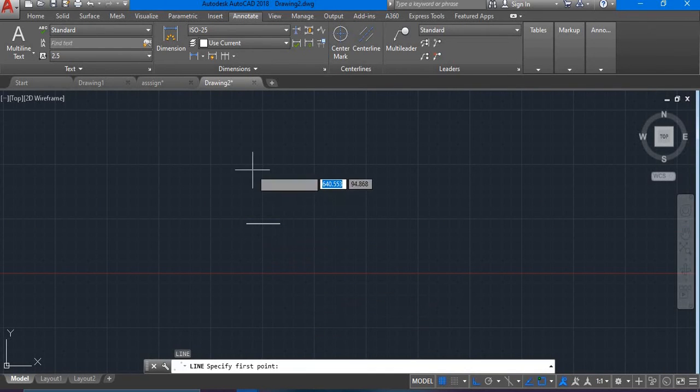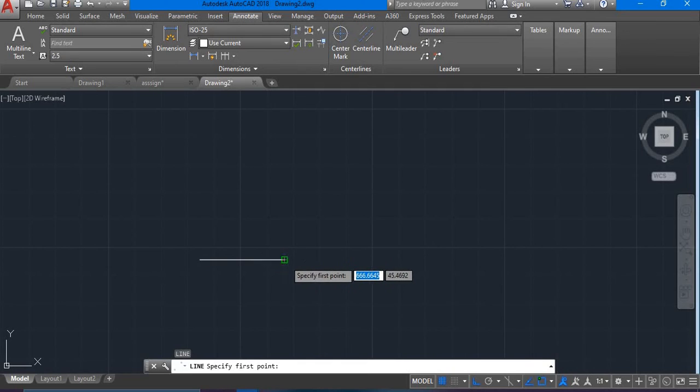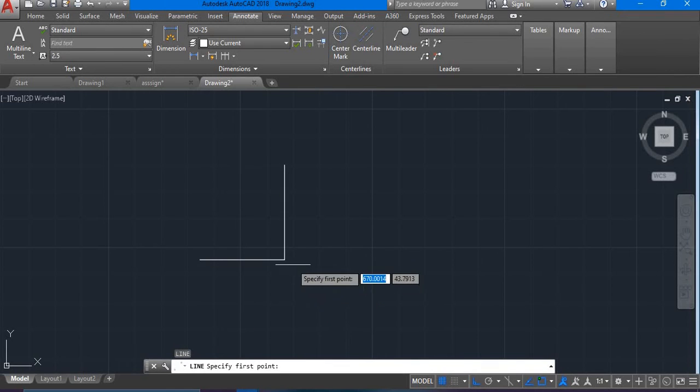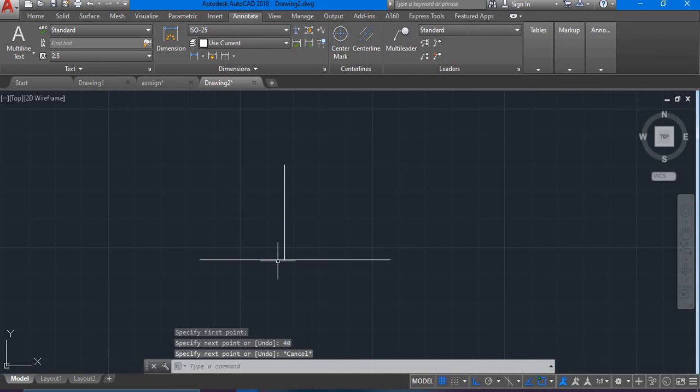Line, the height of the line should be 68. Okay, enter again, take it to your right, 40, type in 40, enter, escape, and